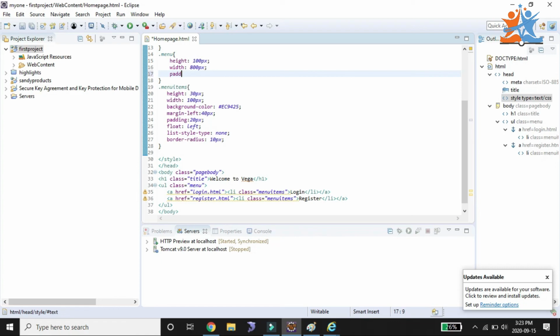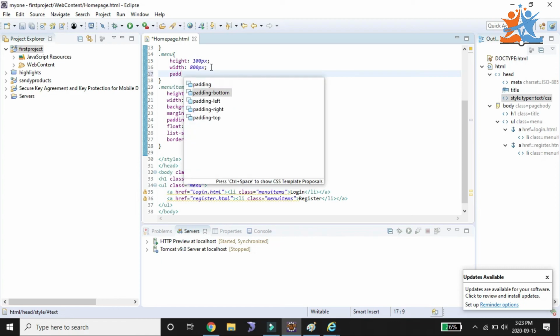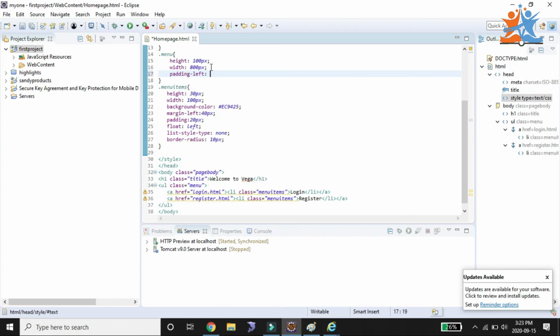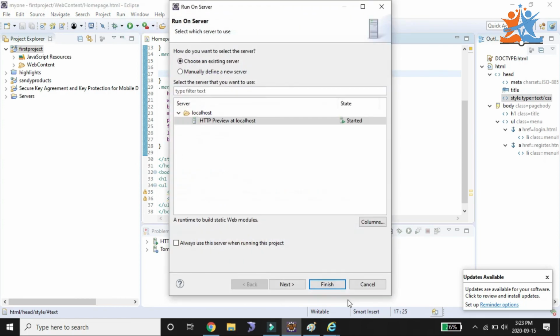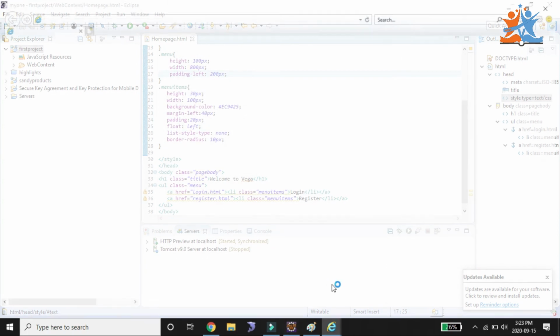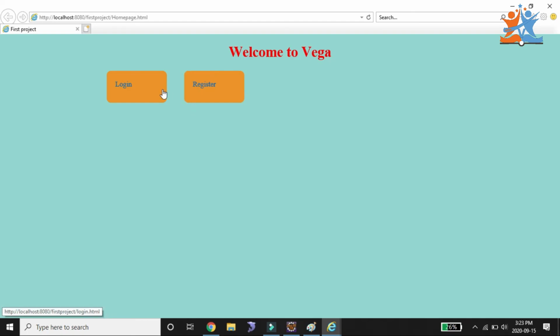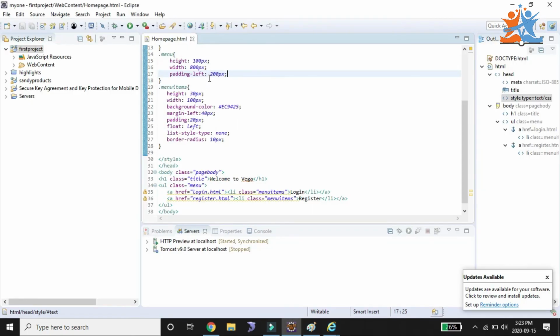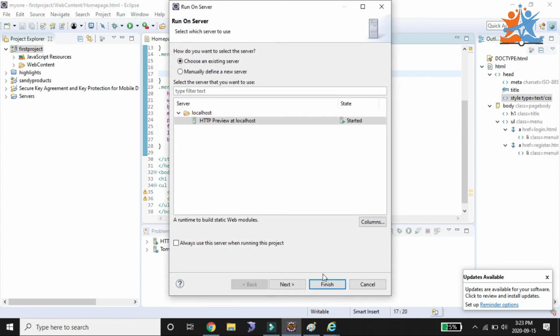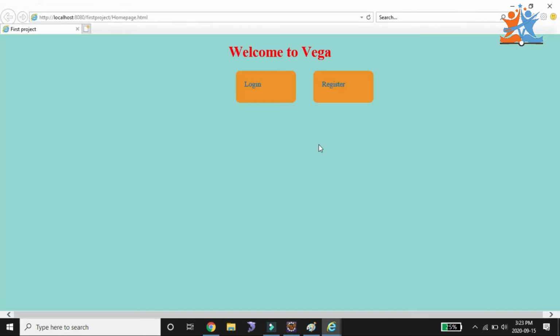For that, padding-left. We are taking 200 pixels. Let's see what happened. Run the application. Finally we get whatever content we required. I will change this one to 500, and finally we are getting the type of output we are expecting. See, the same thing we are getting.